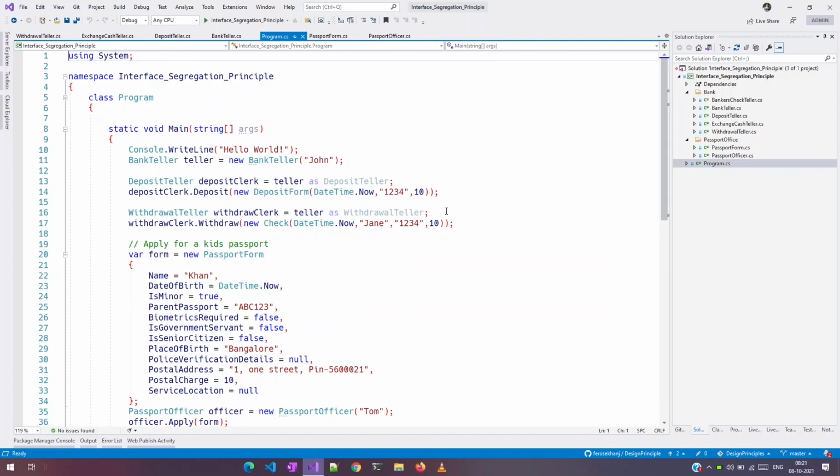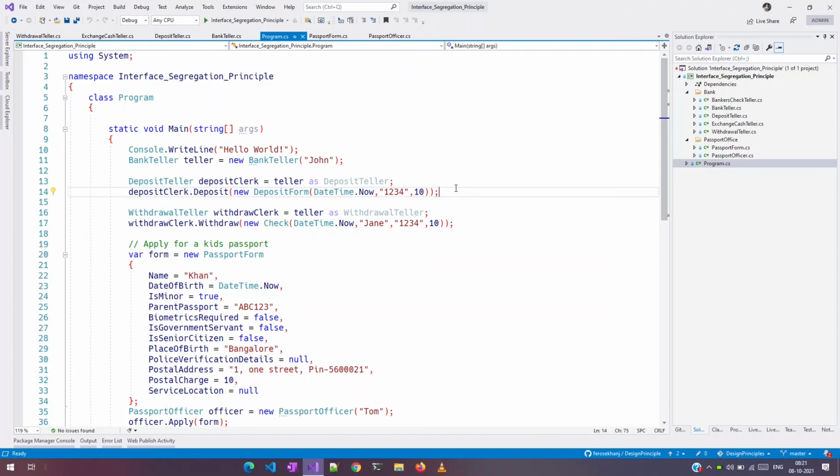And the same teller, when you want to do a withdrawal, again you treat him as a withdrawal teller, and then you just create this withdrawal form and do the withdrawal. So this is very straightforward. The client is bothered only about the implementation that is relevant for his use case, and also there is less chance of error and confusion and less documentation effort.